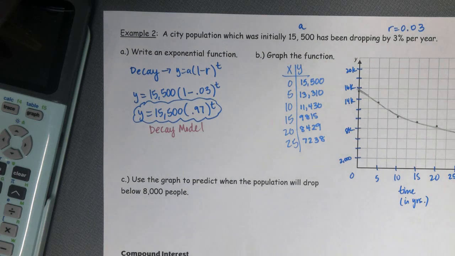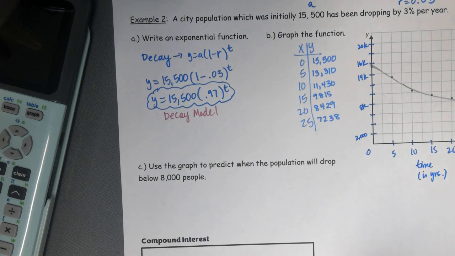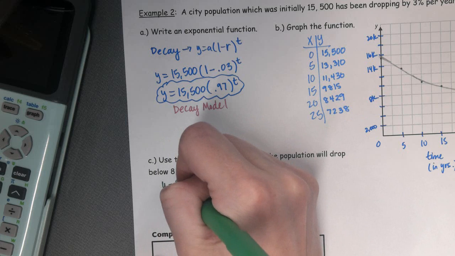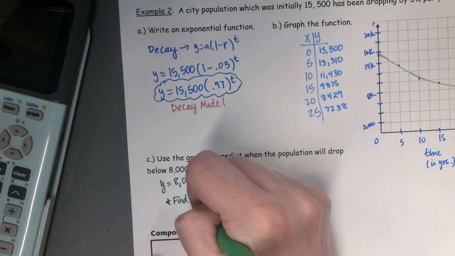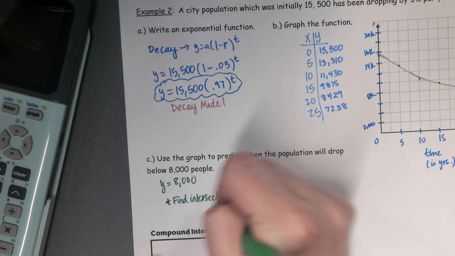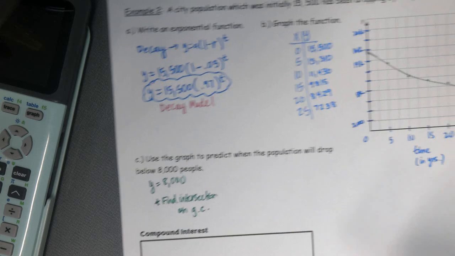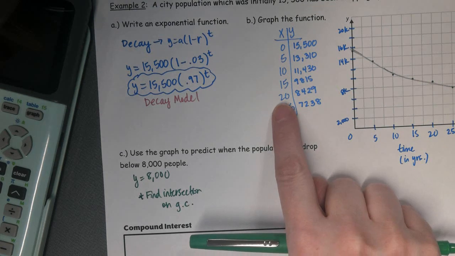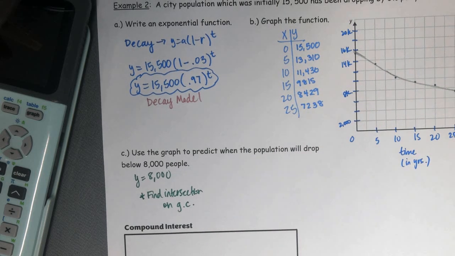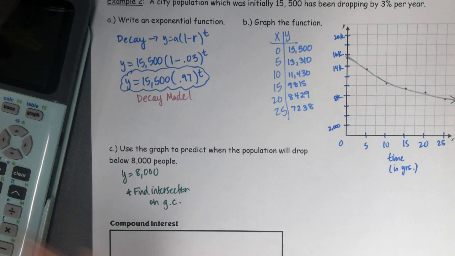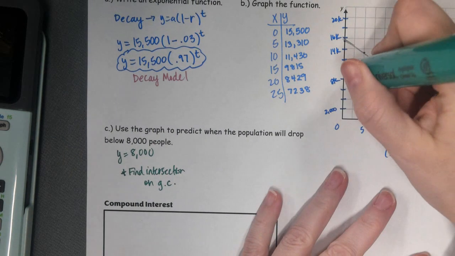Alright, and then it says use the graph to predict when the population will drop below 8,000 people. So again, we're going to do the y equals, and we're going to find the intersection. And we're going to use our graphing calculator to do that. Again, you can also look at your table to estimate. So I know that at 20 years, it's going to be 8,429. So whatever answer I get, it should be above the number 20. Okay? And then if I estimate with my graph,